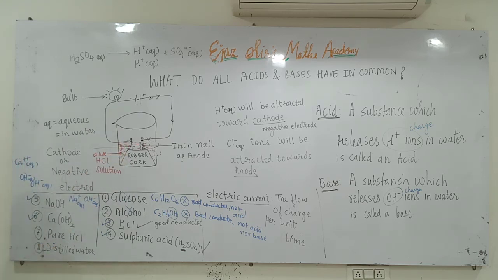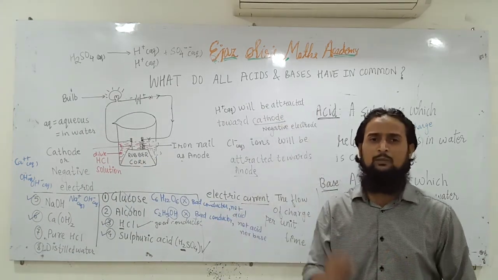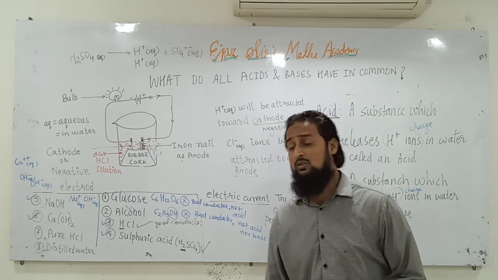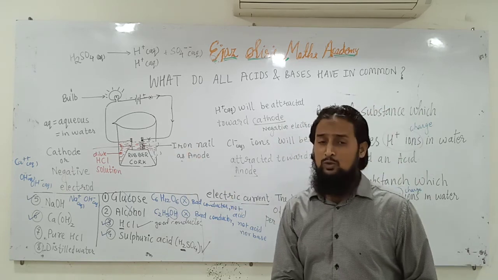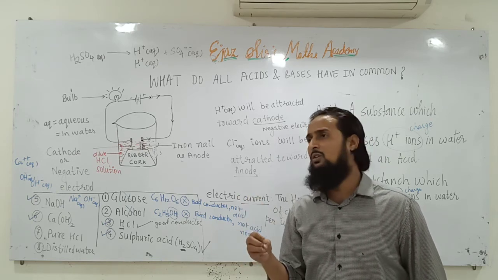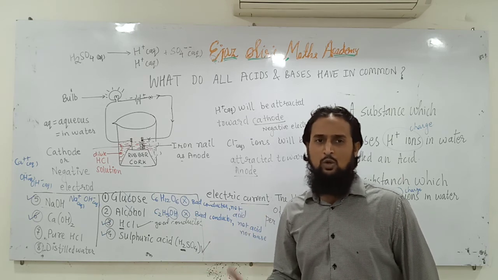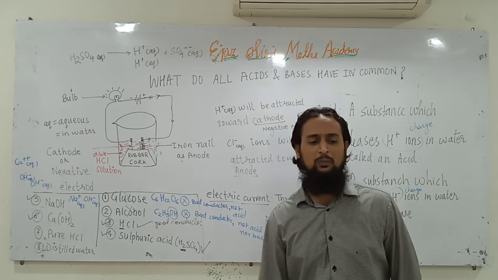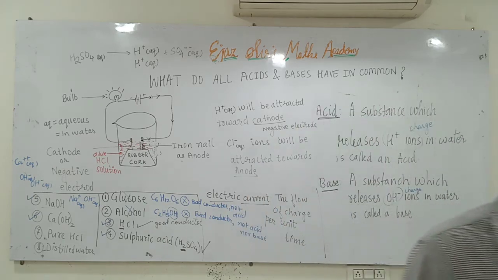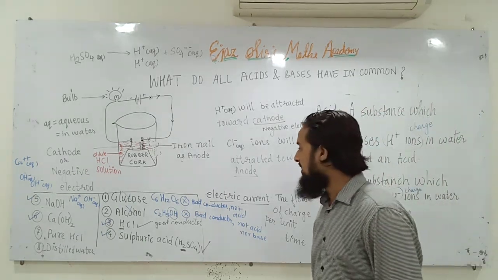Remember, pure hydrochloric acid is a bad conductor of electricity, and distilled water also is a bad conductor of electricity. Distilled water, 100% pure water, is a bad conductor of electricity. Why? Because electric current cannot flow through pure water. Although impure water, dirty water, river water, drain water, salty water is a good conductor of electricity, pure distilled water is a bad conductor of electricity. Okay, so we will see the next activity in our next class.